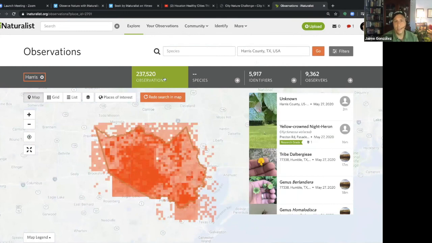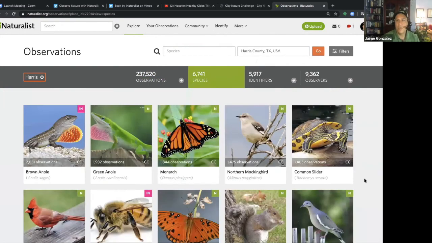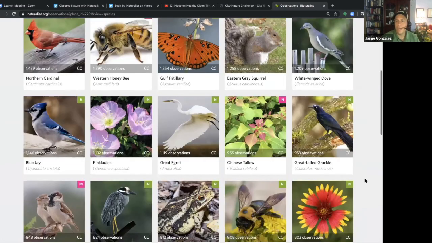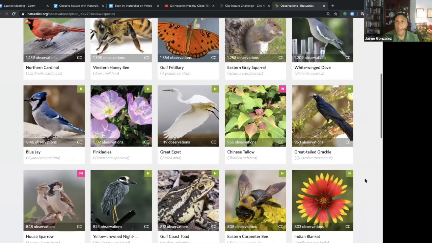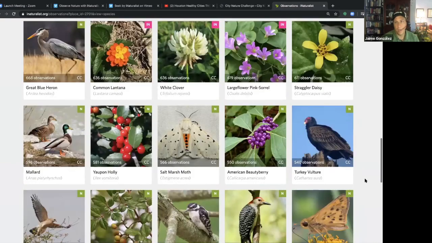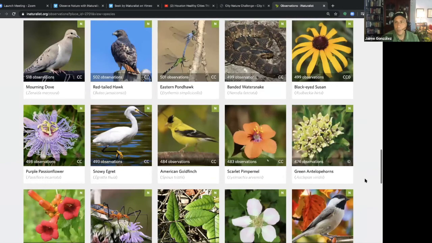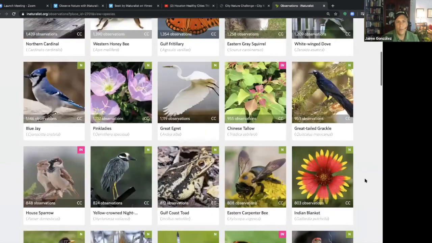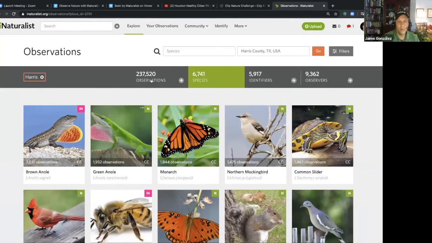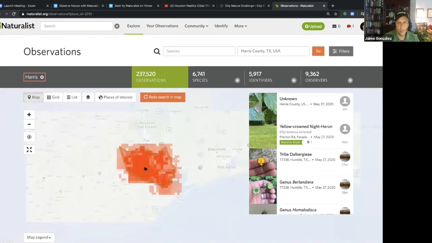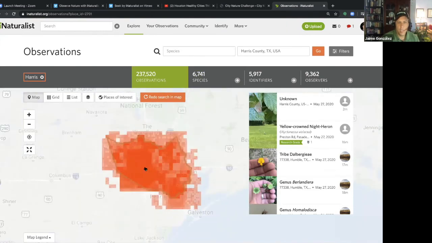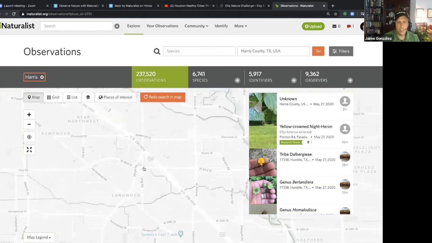And you can see that there have been over 237,000 observations in our county alone, and that constitutes 6,741 species. When I hit that species, you can actually see everything that we've documented as a community of community scientists and professional biologists. That is stunning. So you can see what lives around you, and if you go back to the observations, what you can do is you can zoom in, and each of these dots, give it a second to load,